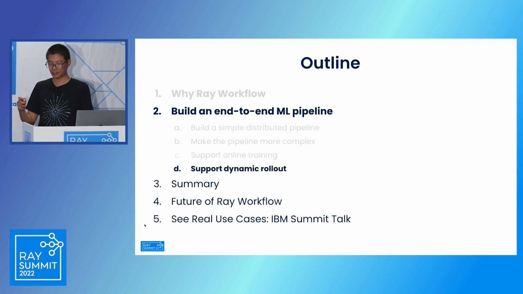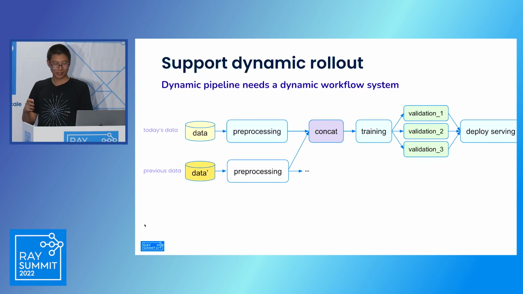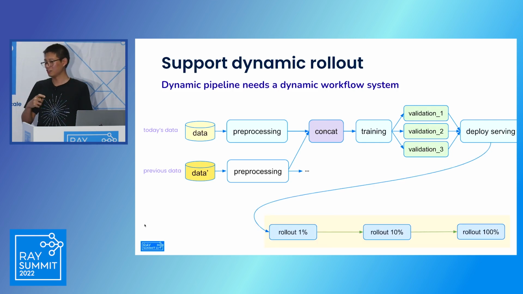Finally, the example is that we want to further extend it for real-world production. In real-world production, it doesn't make sense to deploy your model directly after validation. For example, even if you validate the trained model, the data distribution of the real world could be different from the data distribution the model was trained on. So instead we can try to roll out the model slowly to more and more users. For example, you first roll out this model to 1% of users, then 10%, then 100%, and during rollout